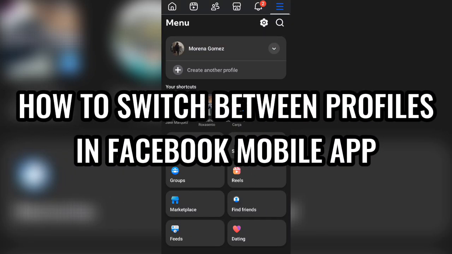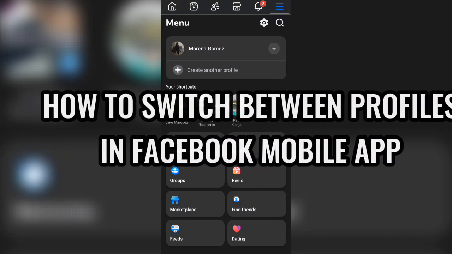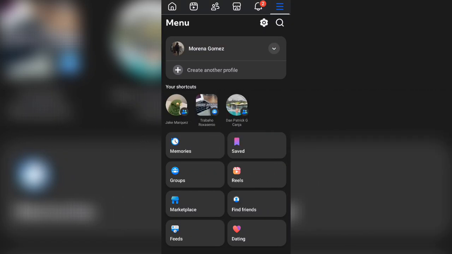How to switch between profiles in Facebook mobile app. If you want to switch between Facebook profiles or accounts on the mobile app, the process is quick and user-friendly. Start by opening the Facebook app and tapping the menu icon, usually represented by three horizontal lines in the bottom